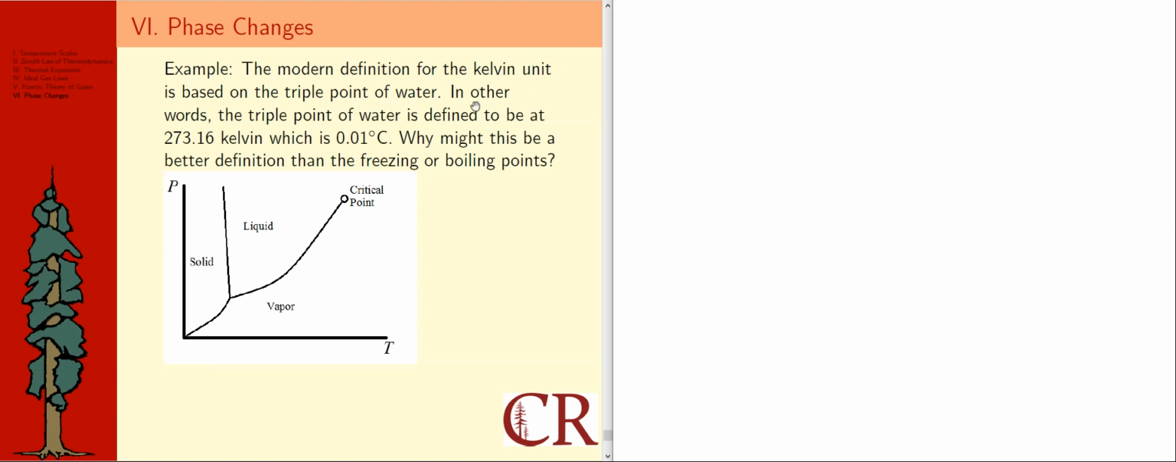I skipped over the part where it says, in other words, the triple point of water is defined to be at 273.16 Kelvin, which is 0.01 degrees Celsius. So again, that is the definition that was in force prior to sometime in 2019 when the switch happened. Why that worked out pretty well and why that was better than previous definitions of temperature scales, which tended to be more focused on those freezing or boiling points, is because, as we can see in this kind of diagram,